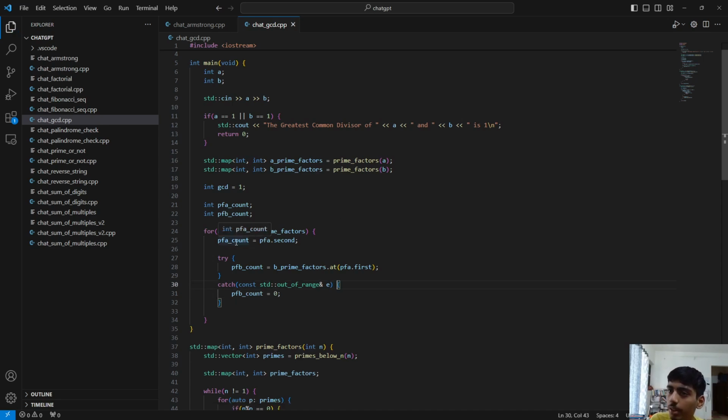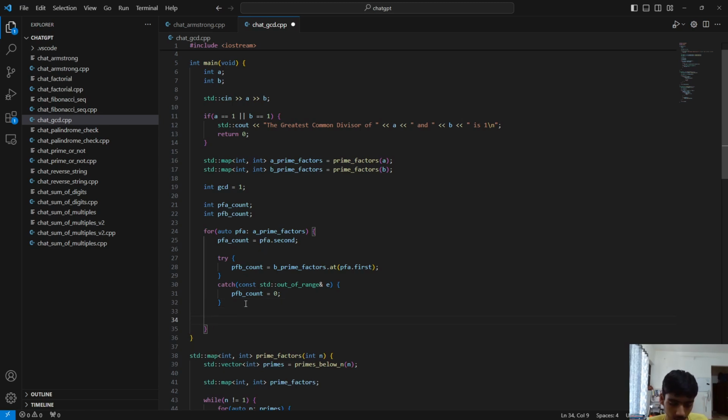So PFA count is equal to the count of the current PFA. And PFB count is, we're going to try putting the value at PFA dot first, so whatever prime factor of A that we're actually having. And if it puts an out of range error, we say PFB count is equal to 0. Otherwise, we just put whatever values in PFB count. Okay. After that, we get our PFB count and we say that